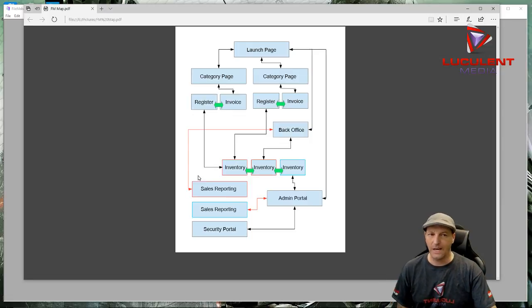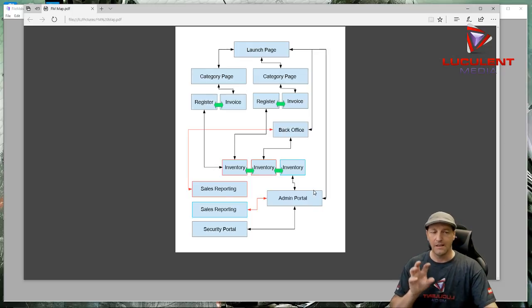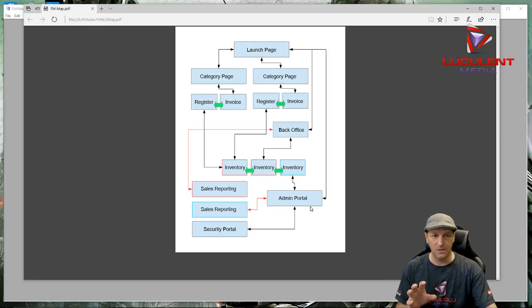From there, we have a sales reporting. So every time someone makes a sale, you push buttons and start making sales, and you close out your invoice because someone's either paid it or covered it. Then that will go into a sales reporting system, and that system will be available to the back office, and it will also be available to the admin portal. Now, the admin portal, as you see here in this particular diagram, is the only portal that will allow you to go to all other pages,